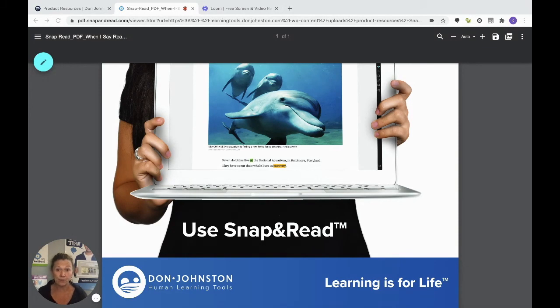As you incorporate Snap and Read into your whole classroom, you know those students that actually need this tool will actually use the tool, as they won't feel out of place. We know students don't like to look different, and most are pretty aware of what's going on. This is a good way to have all your students use the tool, and really everyone can benefit. And the tool will just be adding to the learning process.